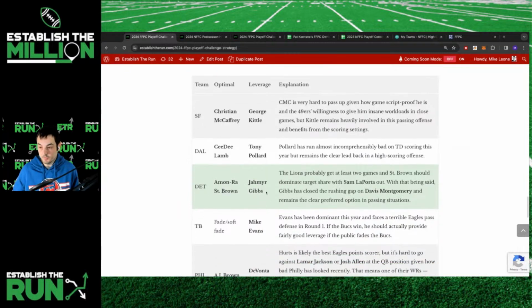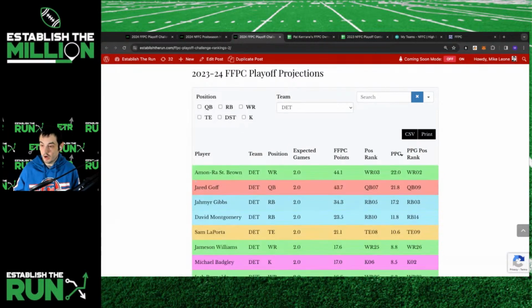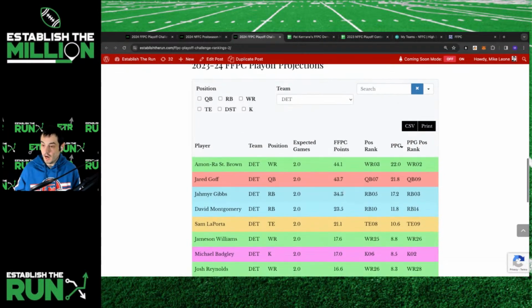So Jahmyr Gibbs over Amon-Ra makes sense. I think those guys, again, are probably closer than the field thinks. If we look at our projections, Amon-Ra and Kyren versus Gibbs and Kupp, you're only giving up about 3 points in projection. It's a decent bit, but in a contest like this,